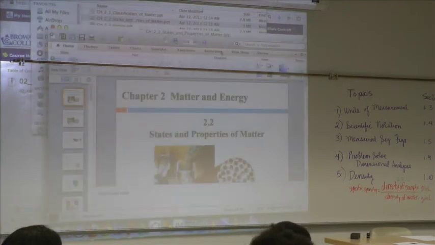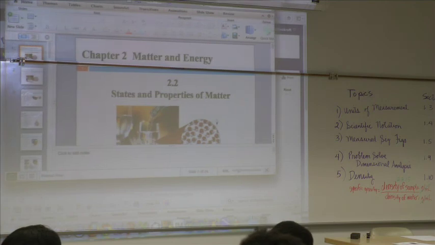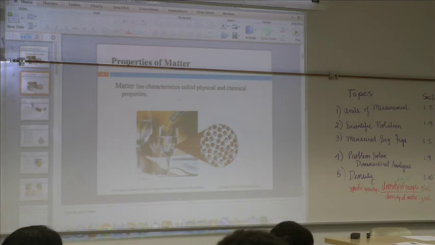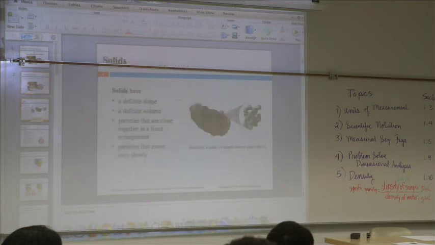So then, there's different states of matter. Most of you probably know that the sun is made up of plasma, and plasma is a fourth state of matter. There actually are quite a few more states of matter. But we're going to just focus on solid, liquid, and gas.